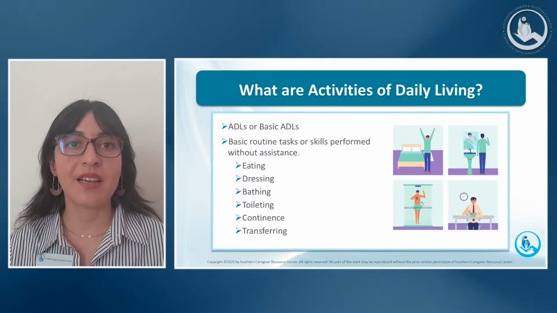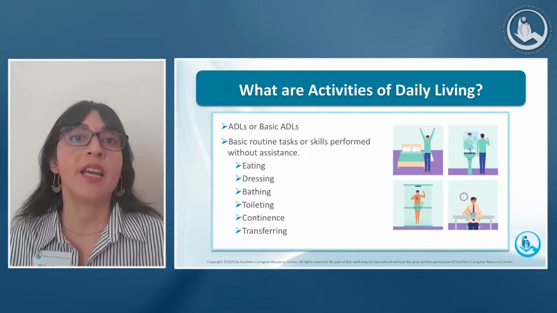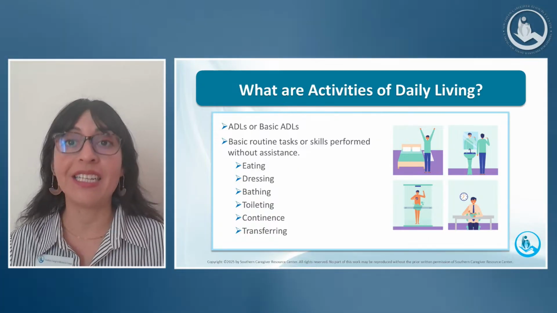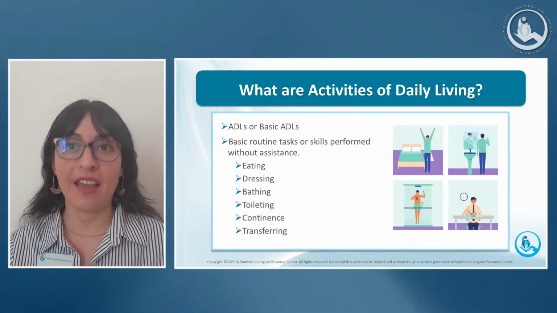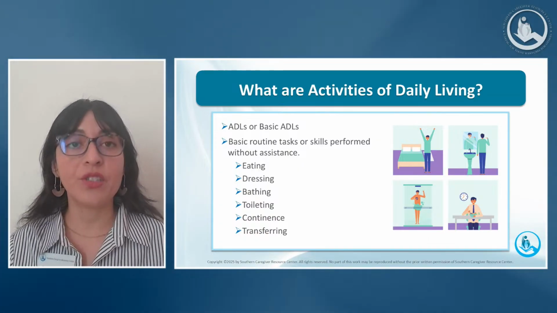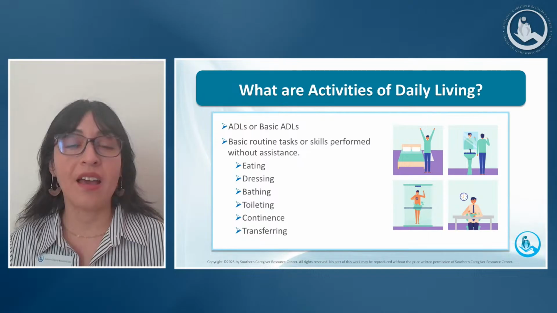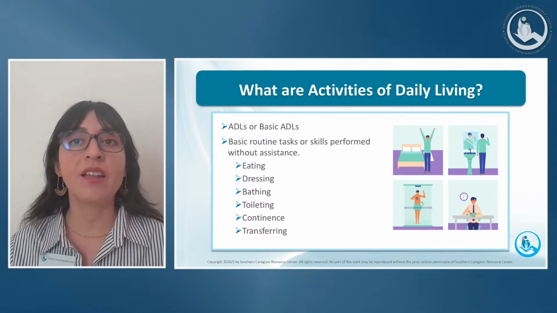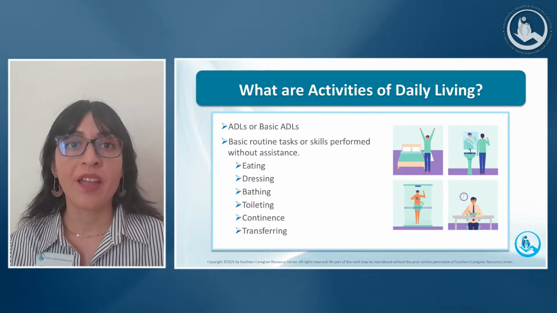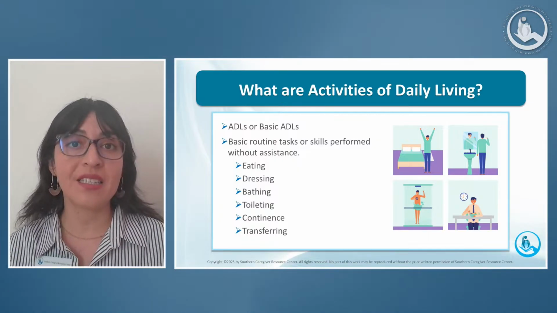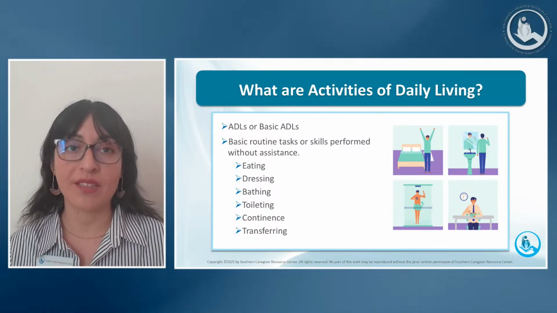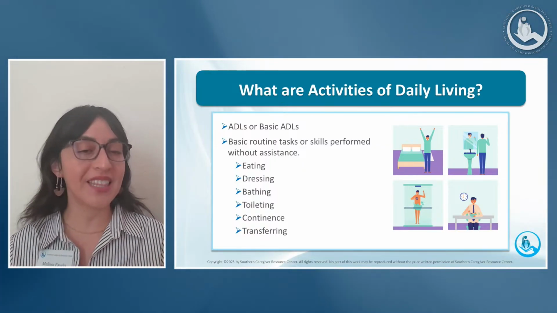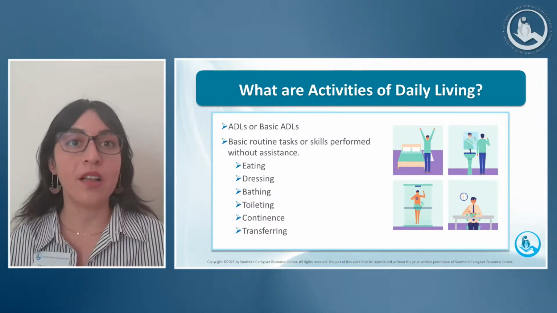Then the third one is bathing or personal hygiene, right? This is the ability to bathe and groom oneself and maintain dental hygiene, nail hygiene, and hair care. It also includes all of the actions you might need to do when bathing, like getting in and out of a tub or a shower, adjusting the shower head, or changing water temperature. Now, it can also include standby assistance when the person is considered a fall risk. So as you see, the terms seem pretty straightforward, but really once we start thinking about it, it involves a lot more.